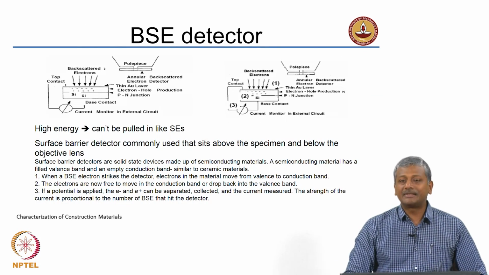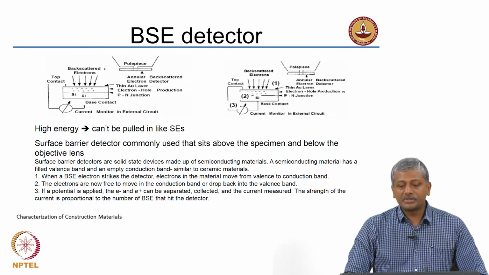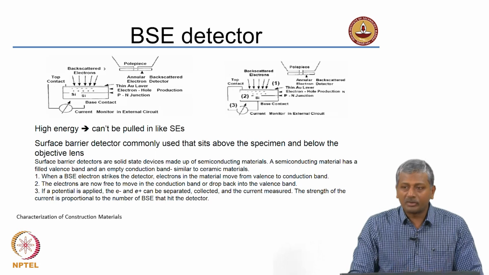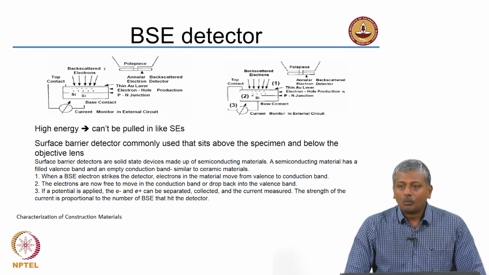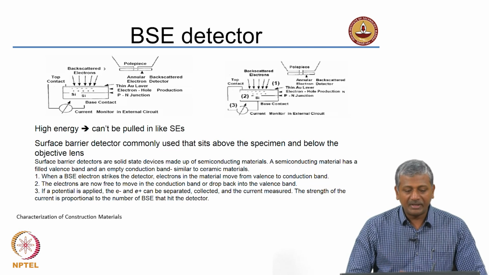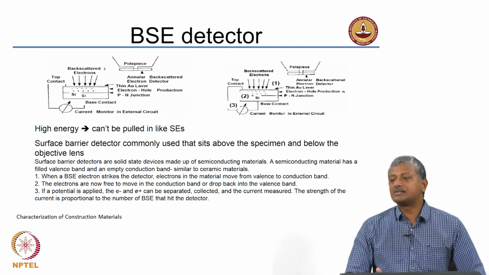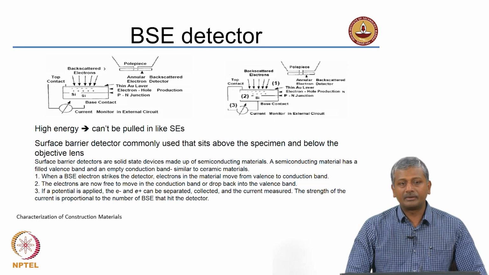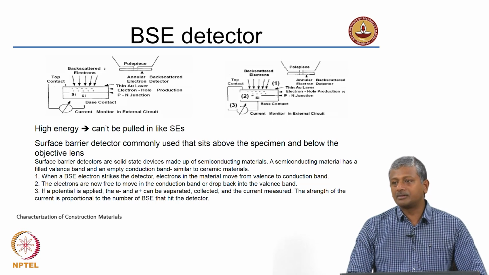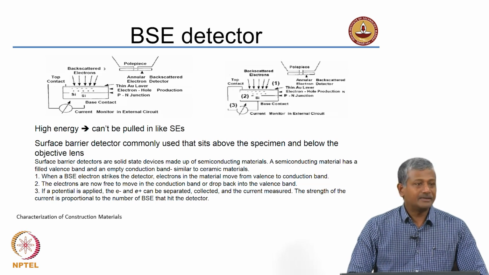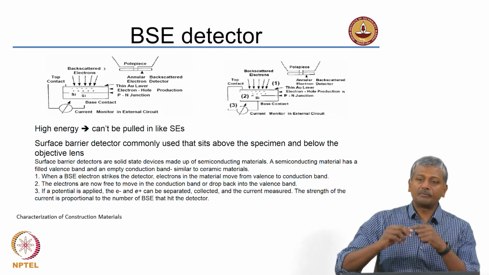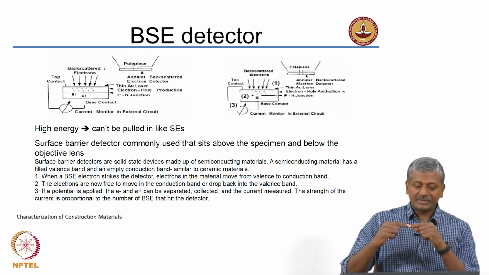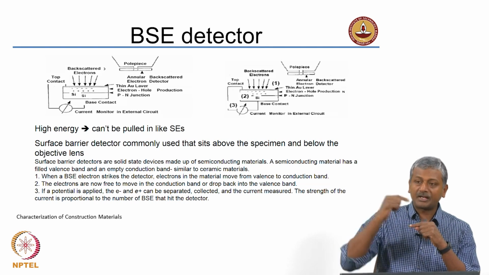Now, of course, the type of detector and the composition of the materials that make up a detector is probably beyond the scope of this course, but what we want to understand is what kind of material it is made up of. It is basically made up of the same kind of materials that we call semiconductors, solid state devices. So, if you remember some part of your physics about semiconductors, there is a valence band, and when you supply energy to the semiconductor, an electron is transmitted from the valence band to the conduction band.